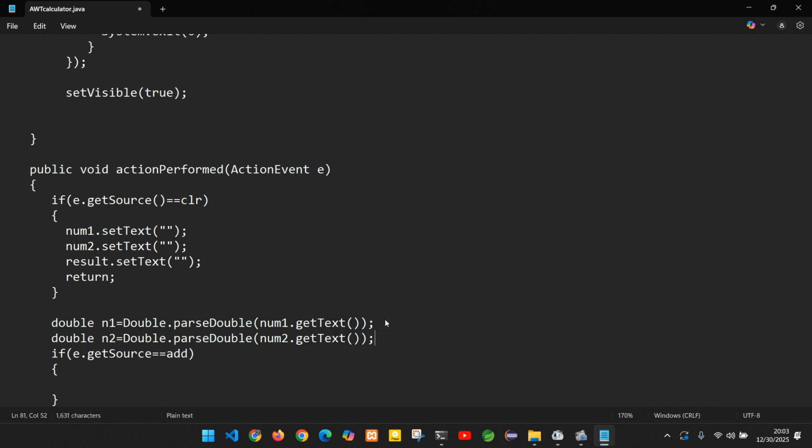And then I need another variable for the result. Double res is equal to 0. Then